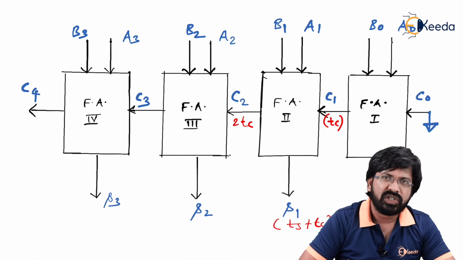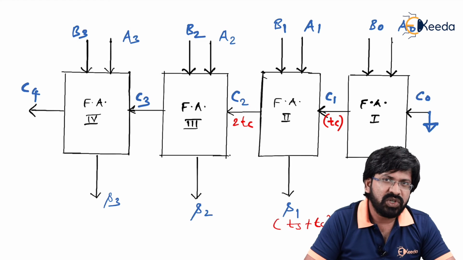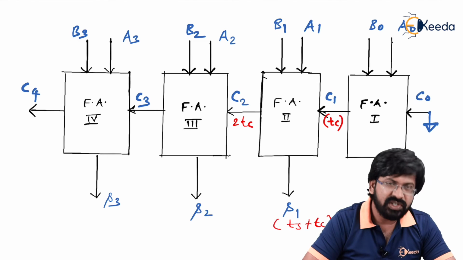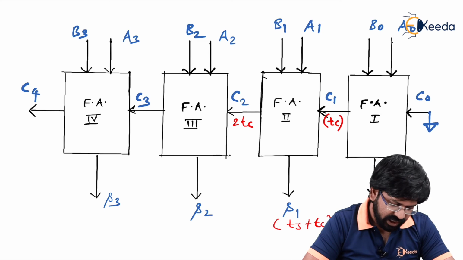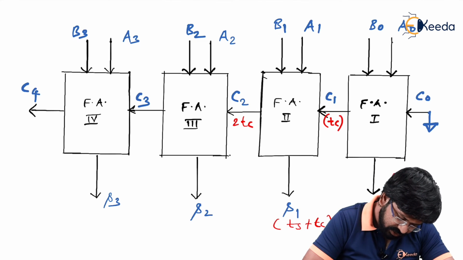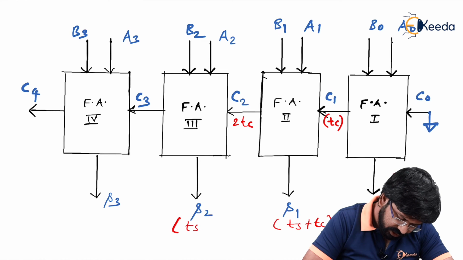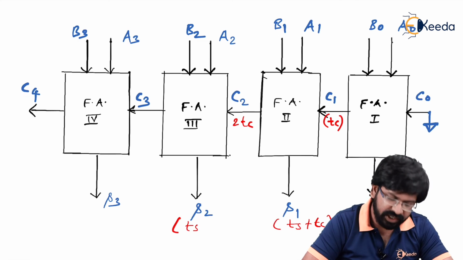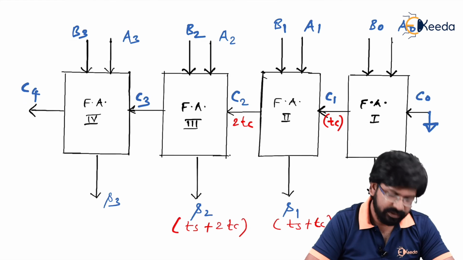Let's talk about S2. Now, to generate S2 or to generate any sum, it takes its own time, that is Ts time. But we should know the fact that S2 will be generated only after A2, B2 and C2 are applied. A2, B2 are applied at 0 time, but the waiting period of C2 is twice of Tc. Therefore, the total propagation time taken by S2 will be Ts, that is its own time to generate itself, along with 2Tc. Is that right?